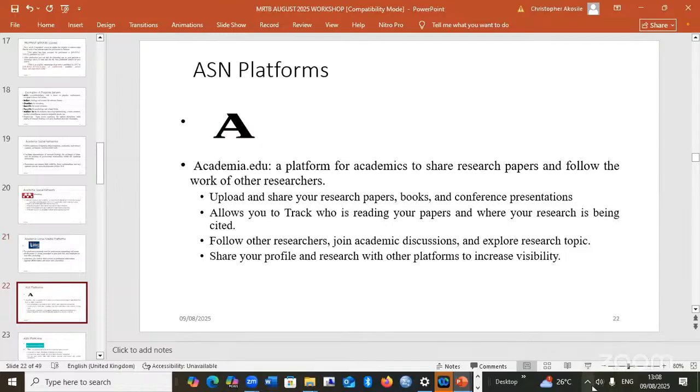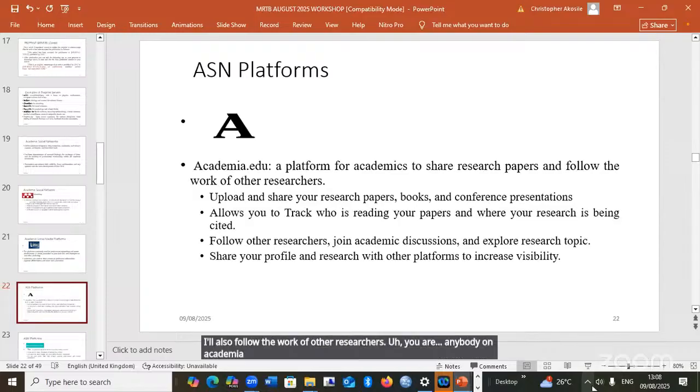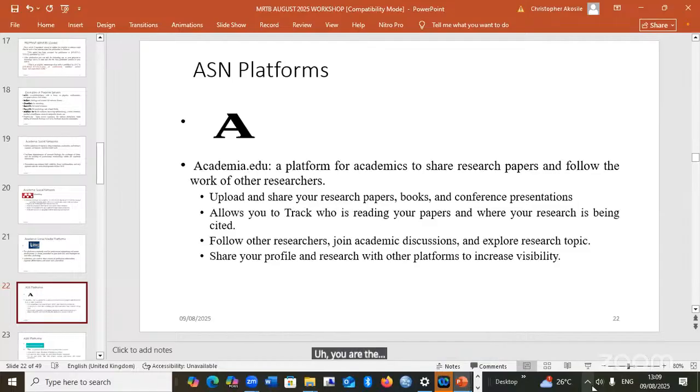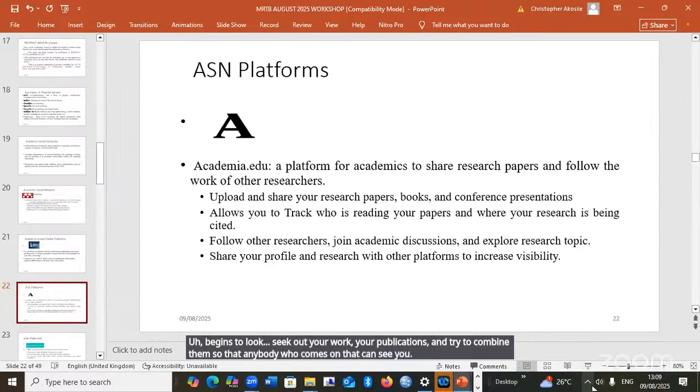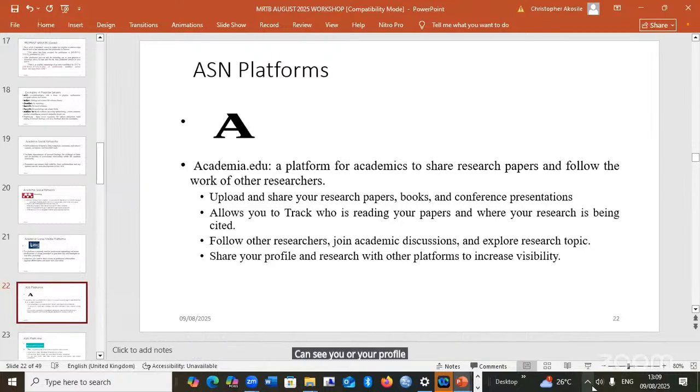Then we have Academia.edu, which is a platform for academics to share their research papers and also follow the work of other researchers. Most academics are on Academia.edu. The platform actually begins to seek out your work, your publications, and tries to combine them so that anybody who comes on it can see you or your profile, and then they can see the papers you already have.